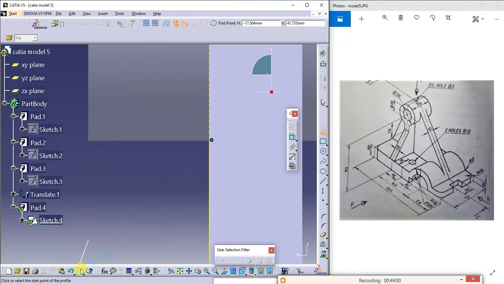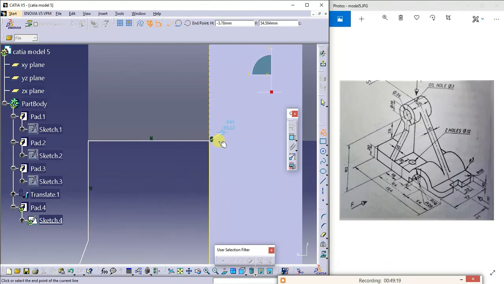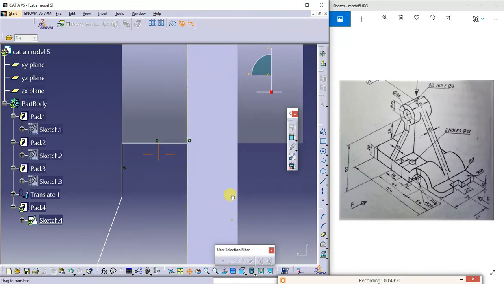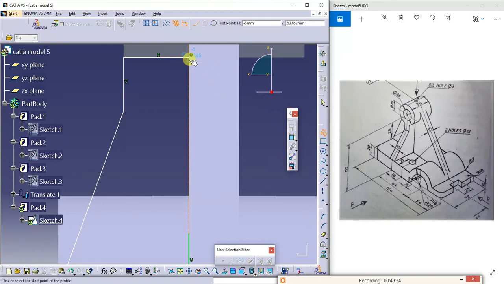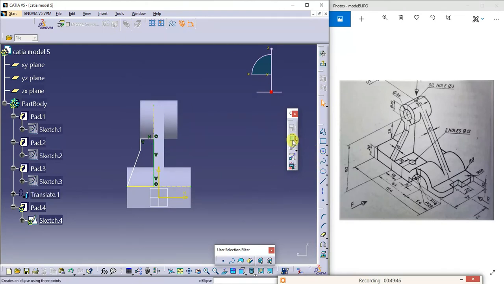So I'll go for the line command. It is 28.